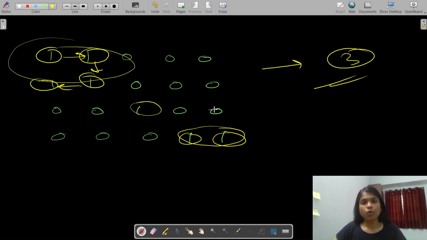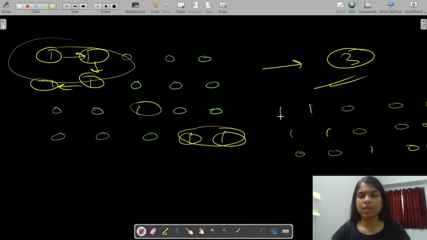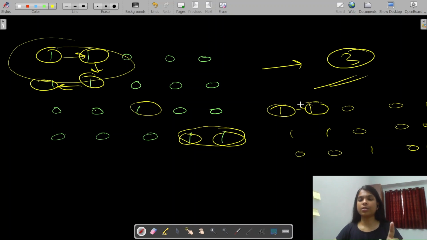So what we can do is, you can see that here you have these islands, right? If you start traversing from here, you can go to here, because in the question you have been given that you can traverse in all four directions. So you can go here, here, and here. But this is not a valid condition, so we will not go here. So you can go here and here.